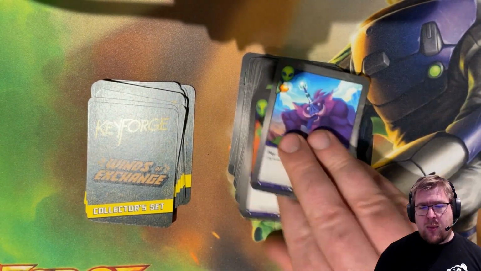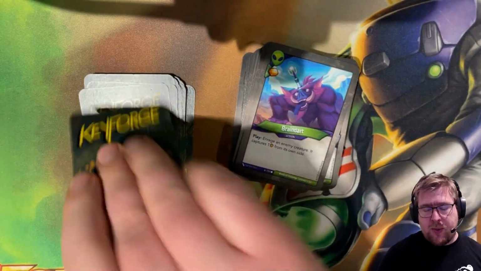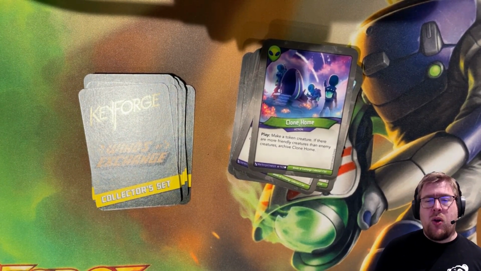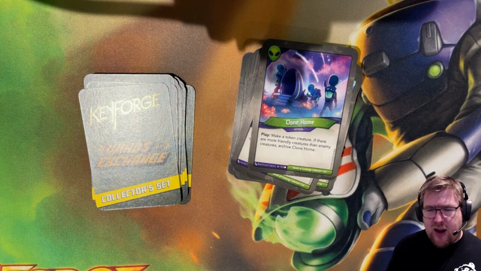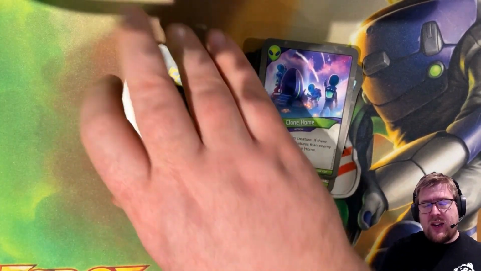We're into the commons now. We started on, I guess Ammonia Clouds was the first common. Clone Home, this is the can-archive-itself token maker for Mars. It's an action. When you play it, you make a token creature. If there are more friendly creatures than enemy creatures, you archive Clone Home. And that's often actually pretty easy to attain if you have, again, Grunt makes it somewhat easy because